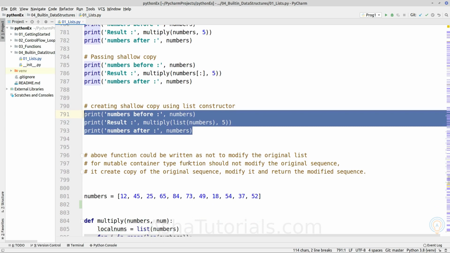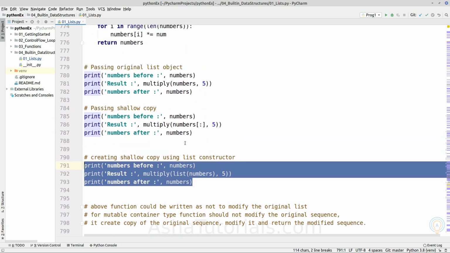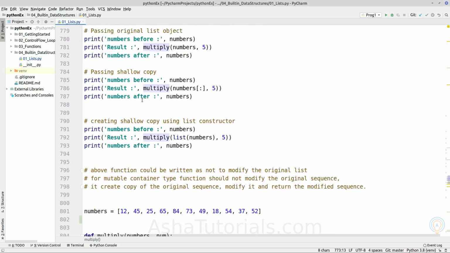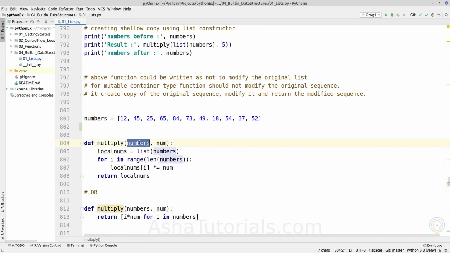So in this scenario, we have to create a list copy each time we call the function. This is not an optimal design. So we need to construct the same multiply function such that when we pass a mutable data type, inside it we create a local variable and a copy of the given mutable data type, depending on its type.